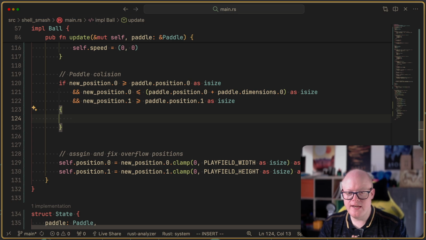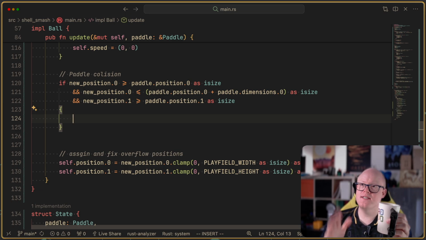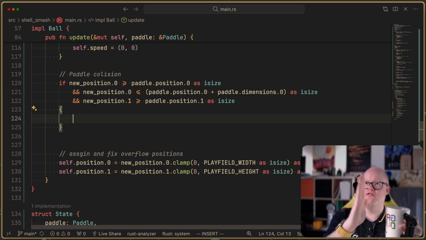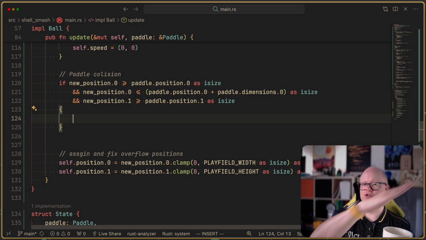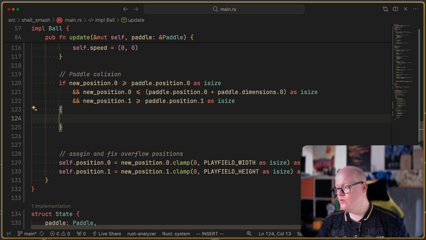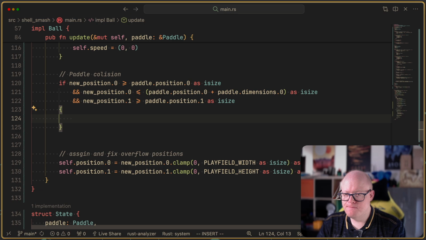So what we need to do now is we need to kind of reflect it off that pedal. And what I'm thinking about is that according to where on the pedal it actually collided, I want it to be reflected with more drift to the corresponding side. So what I want to do here is something like,